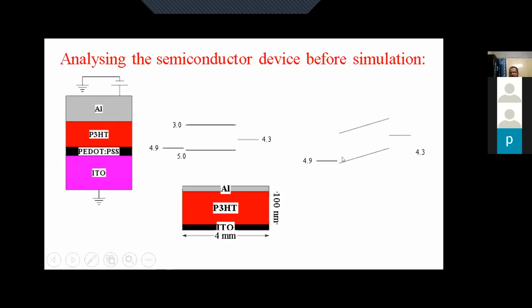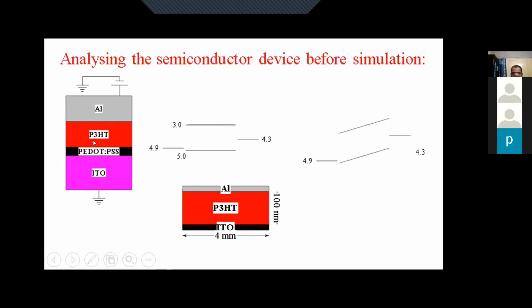This electric field is important for conduction of charge carriers, and also in the case of solar cells, this electric field plays a role in dissociating the electron-hole pairs or exciton pairs. Further, this electric field helps in the movement of holes and electrons in opposite directions, and thereby the opposite types of charge carriers are collected at the ends, and they are taken out of the circuit like this. So a similar structure could work as a solar cell also, but right now our requirement is to make this structure work as a diode structure.